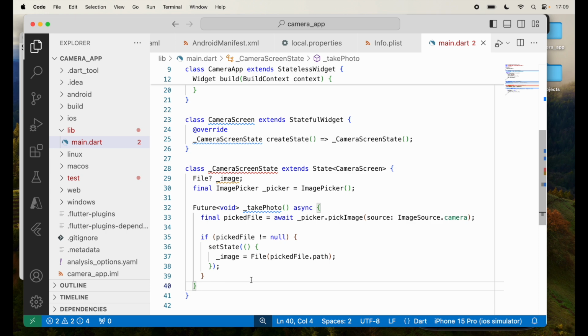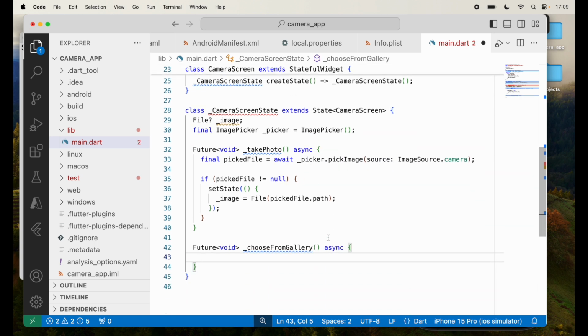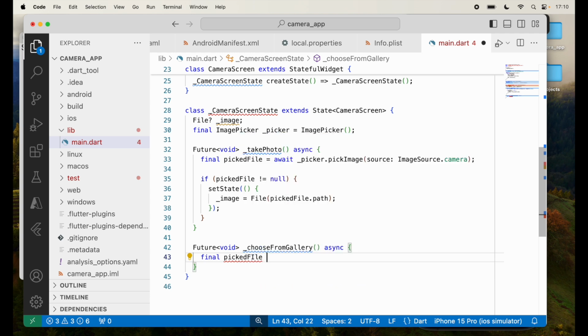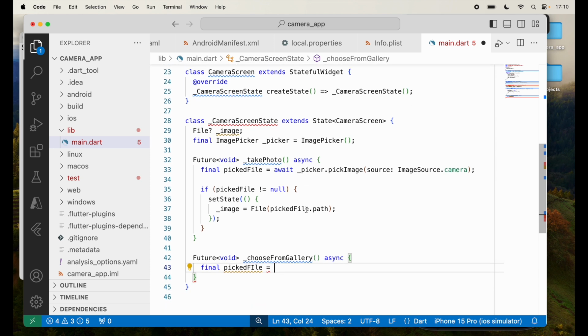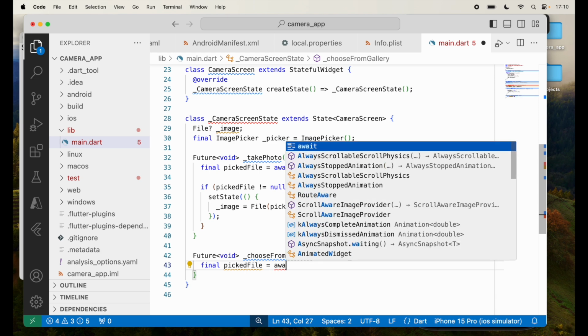So next I want to say, what if I choose from gallery and not take a photo from camera? So in that case I'm going to create another future void, and this function is choose from gallery. That's what we'll call it, async. And in here we will add final picked file, similar naming, better, picked file equal to await,